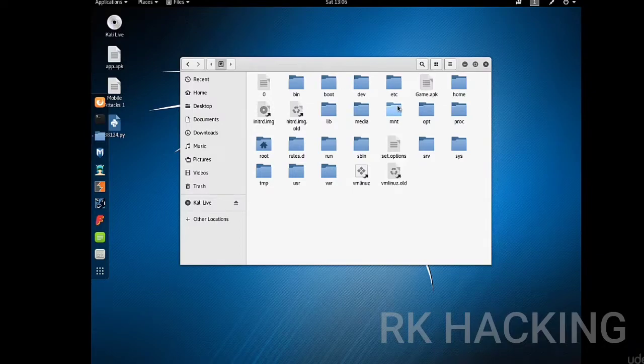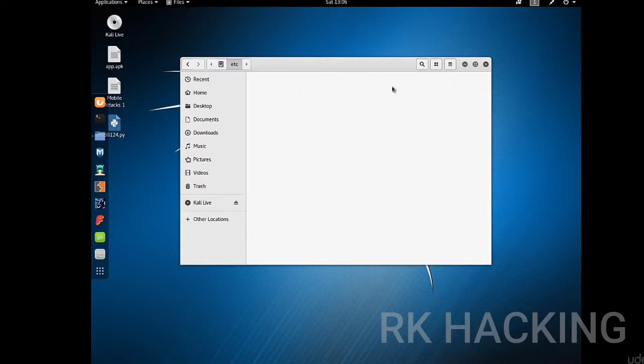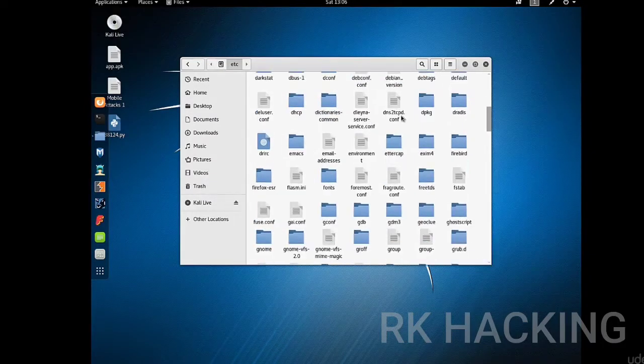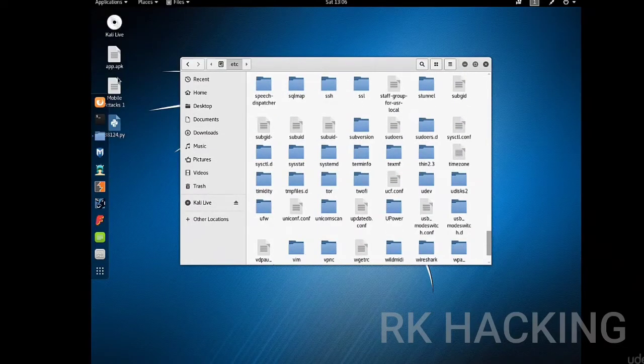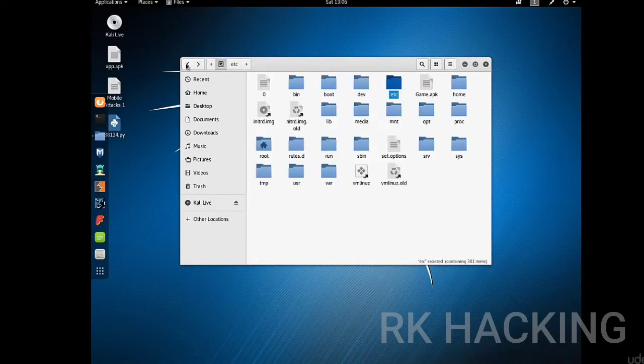This applies to any Linux distribution, not just Kali. The bin has all the commands. The boot has the files needed to boot the system. The etc has all the configuration files: network configuration, display configuration, passwords, all inside the etc.